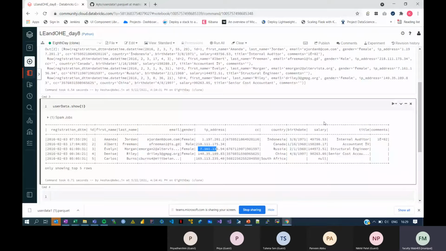I want to see the stats. This is Databricks, and this is Python, but it's a Spark data frame, not Pandas. In Pandas, we have the summary. In this,